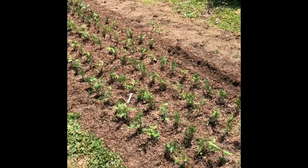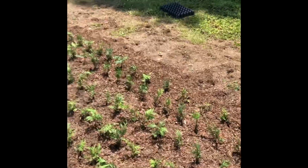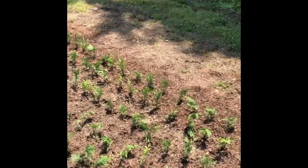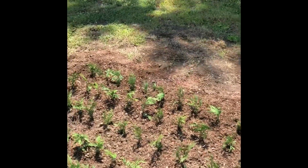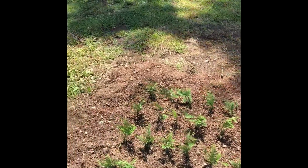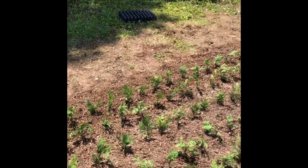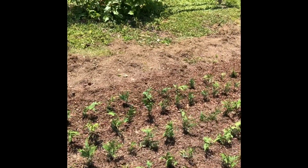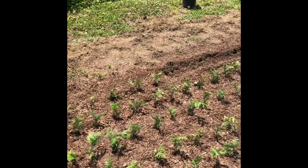Well, there we have it, folks. 240 Green Giant Arborvitae liners are tucked away nicely in their new home, ready to put on new growth and be ready for sale next spring. All that's left to do is to give them some water. I'm waiting for the shade to come around to the back side of the yard so the trees can shade them. I don't want to water them in the direct hot sun, so I did put down a coating of